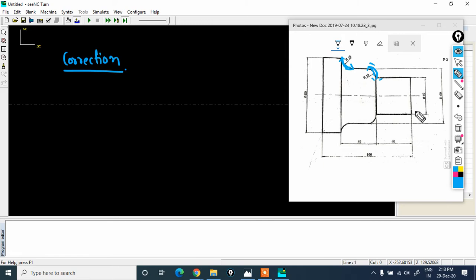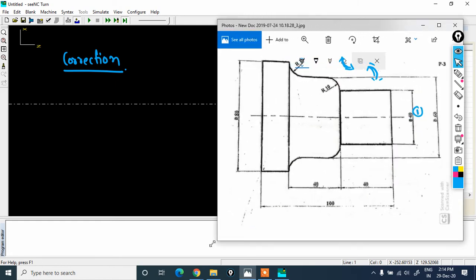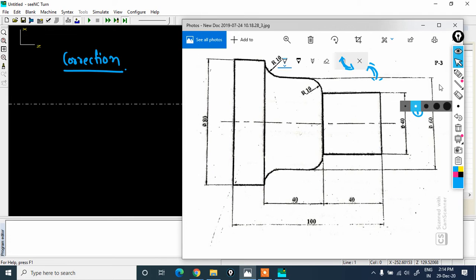So let me zoom this. I hope you can see this. Let me start with the first point, second point, third, fourth, fifth, sixth. The only correction is 3 to 4 and 5 to 6.